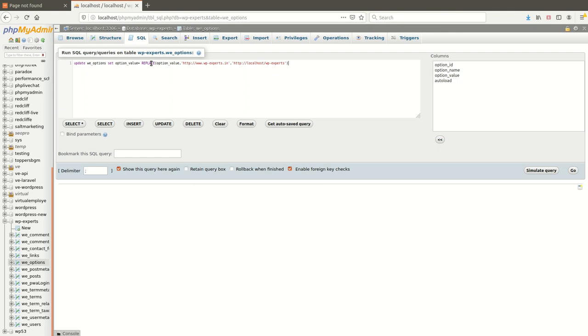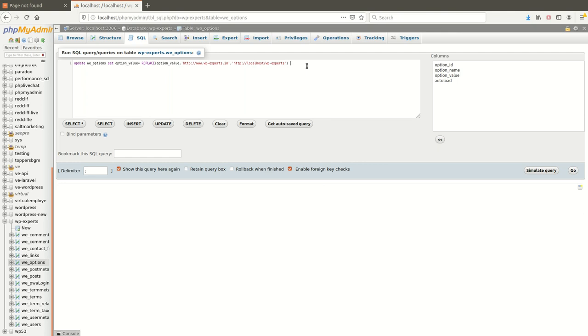If you are going to set up from local to live, then in the second parameter you need to pass your localhost URL. It means in the second parameter you need to define the old URL, and the third parameter should always be the new site URL. As we are going to set up our website from live to local, I have defined the second parameter as my live URL, and the third one is my new URL, as I am going to set up my website on this URL.